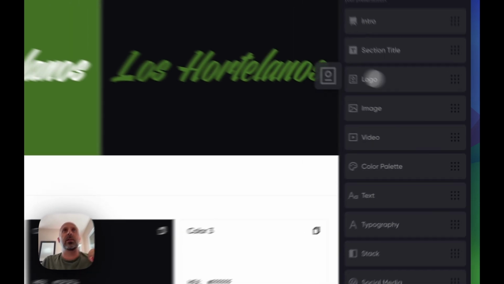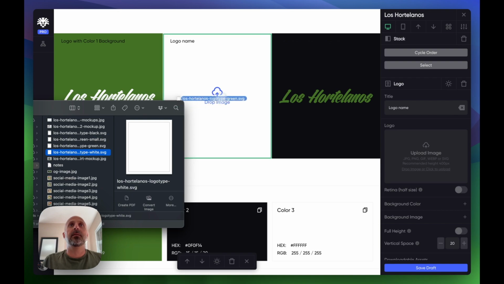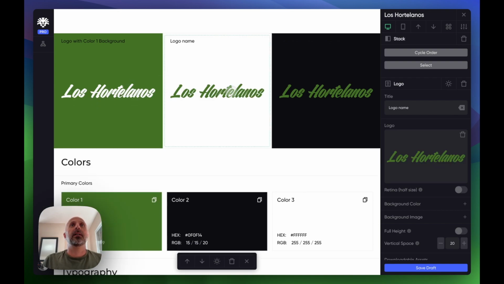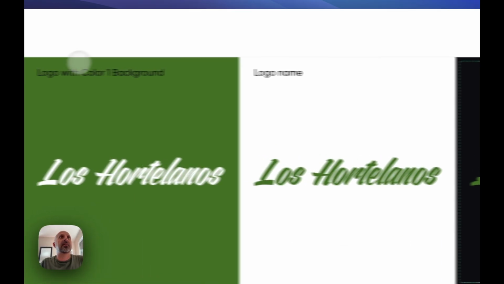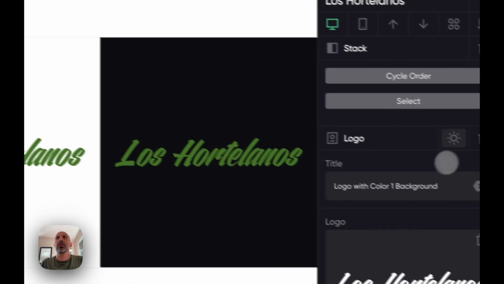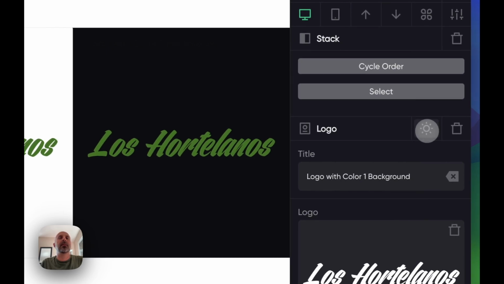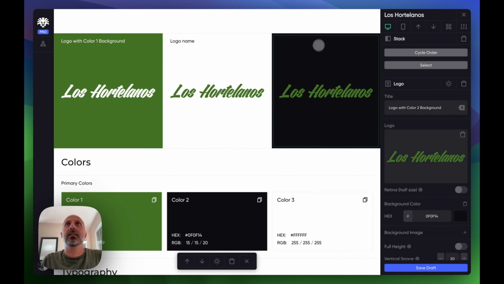So what we can do here is we can drag, for example, in another logo module into this stack, and we can drop in the green logo in here, right? So you can see that, and you will see here that, for example, this black text on top of the green doesn't look too good, so you can always change that with the module theme here. So we'll click that, and this one is also there, but you can't see it, so we'll click that,